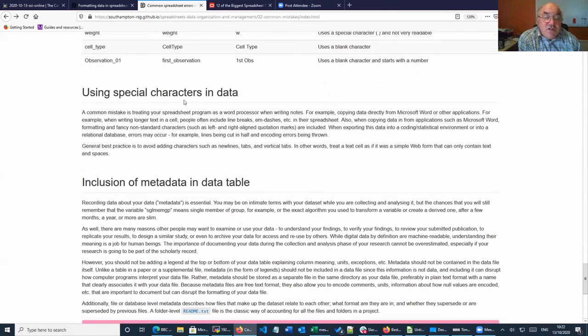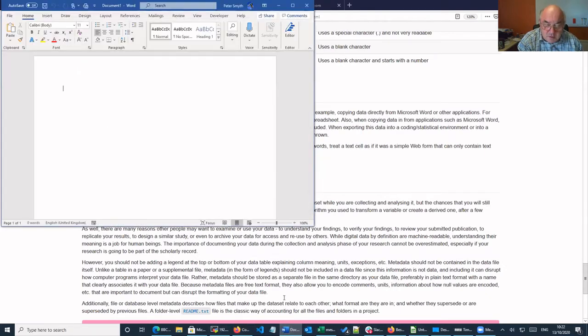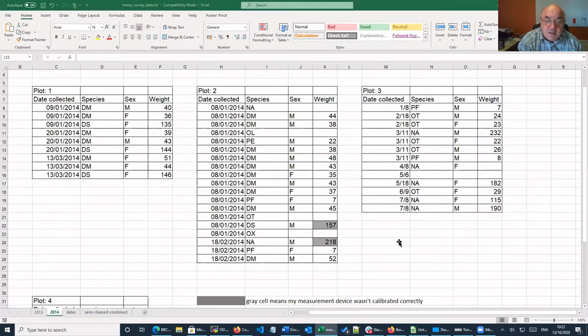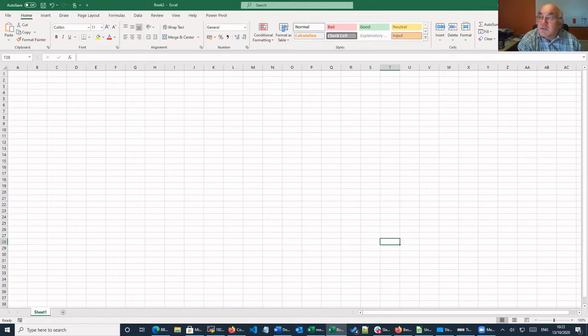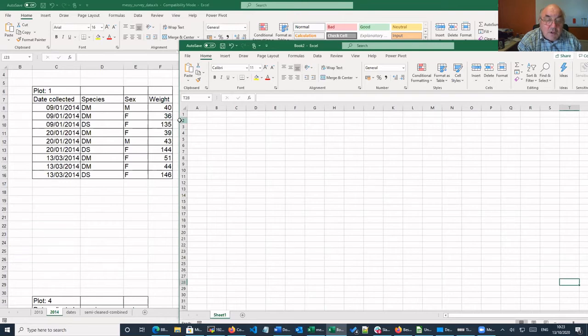This is just a little section here on using special characters in data. There are some things you can get away with, but in general, avoid them as best as possible. In fact, we had a good example of one yesterday when we were setting data up. I'm just going to quickly try and demonstrate this. I'm going to open Word, an empty Excel spreadsheet. So I'm going to just make it a bit smaller. And in here, I'm going to say